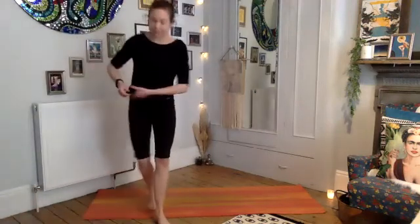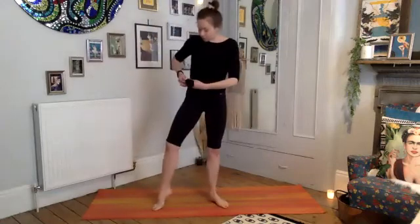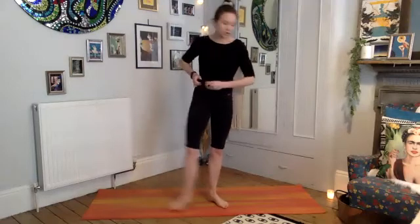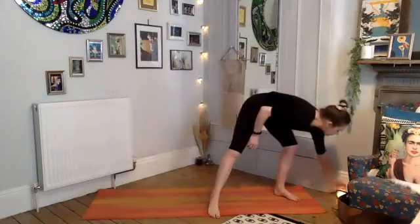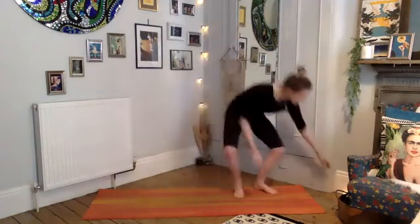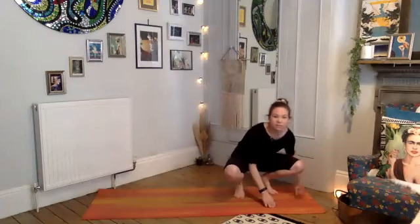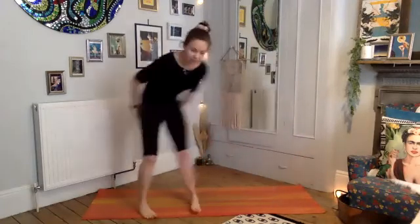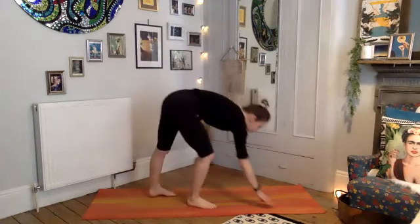Very nice, guys. So after you've come down to your child's pose, making sure it's a nice active child's pose, so we're really reaching those arms long in front of us on the mat, breathing into the lower back. Opening the back of the hips by pressing the bottom down onto the feet. Lovely. On your next deep breath in,